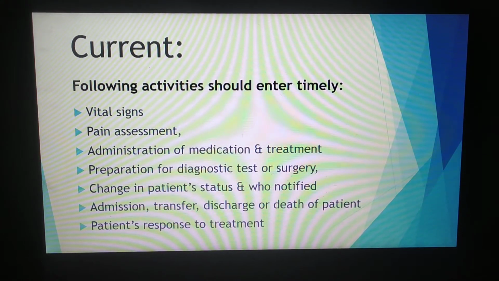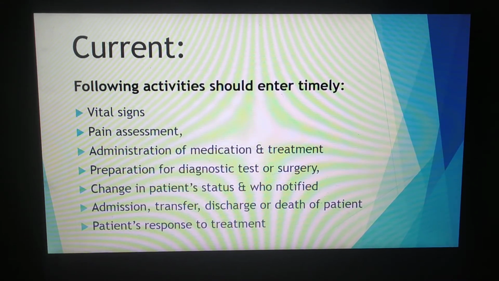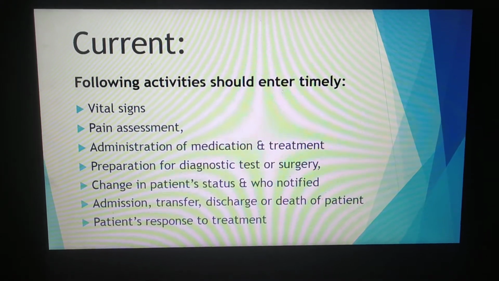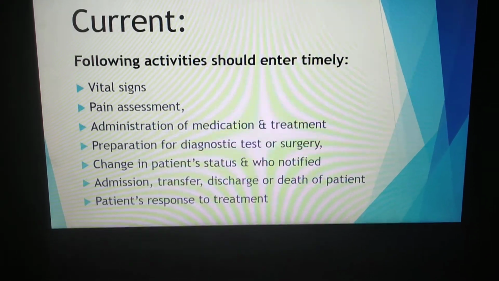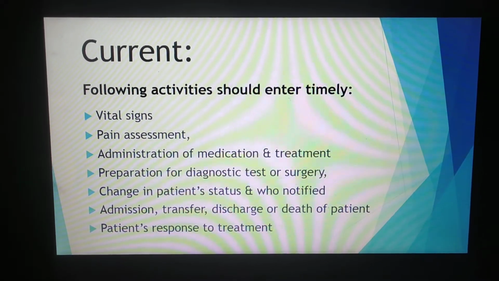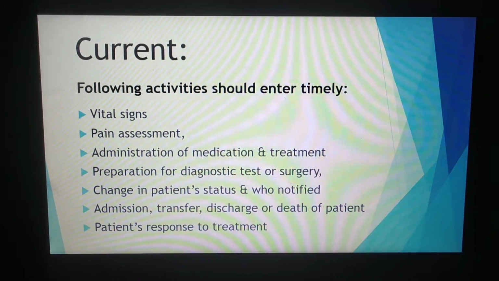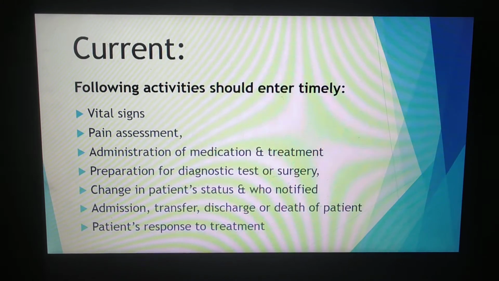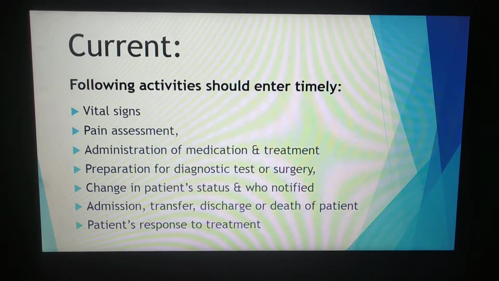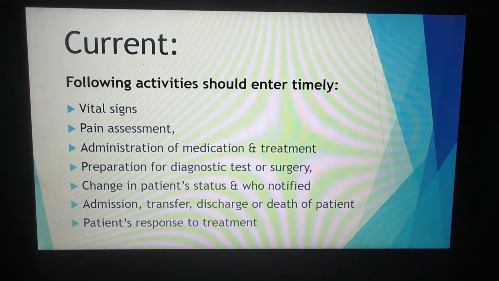And if the patient has undergone any diagnostic test, we need to maintain and record it day-wise and time-wise. And also if the patient has undergone any type of surgery, we need to record it. We also need to maintain the status of the patient, whether it may be wrong or right. What we have noticed, we need to maintain immediately, along with the immediate actions taken for the patient. That includes admission, transfer, discharge and death of a patient. Anything that occurs, we need to maintain a clear history in the documentation format.